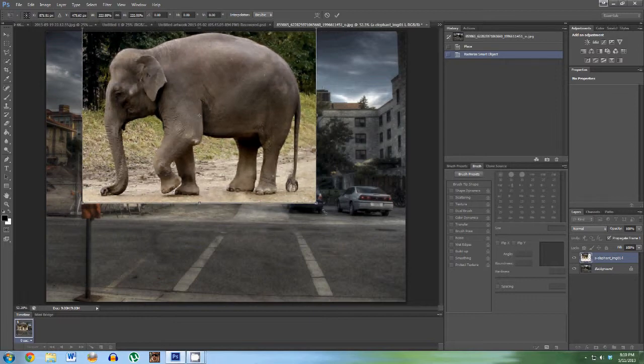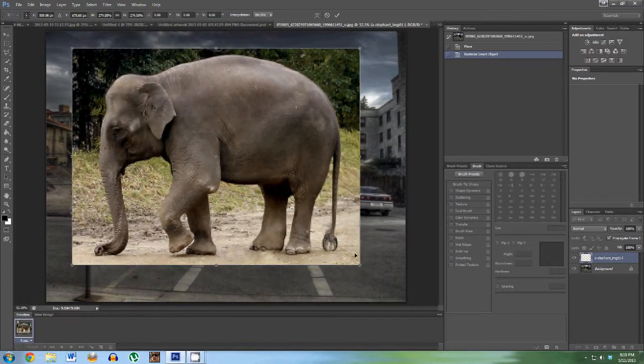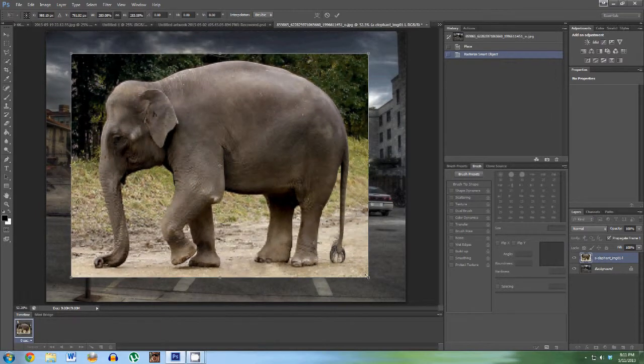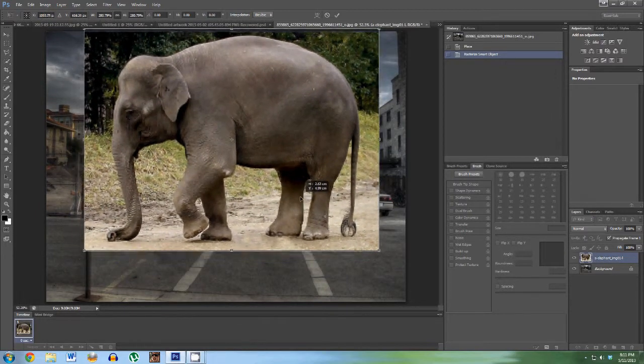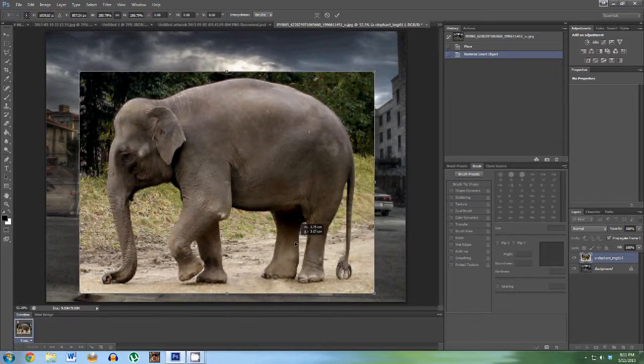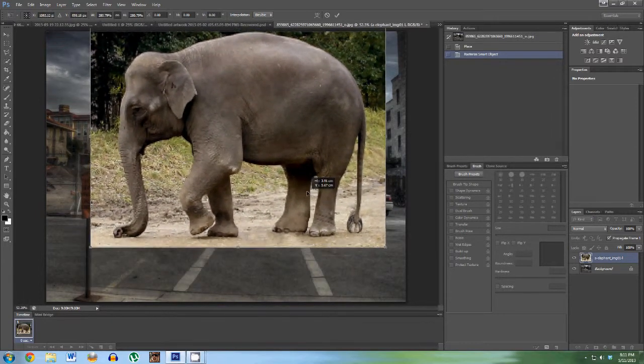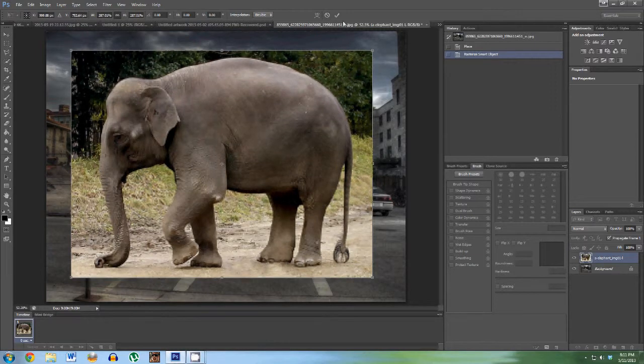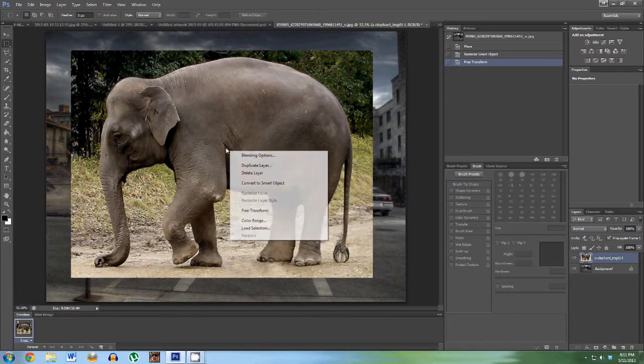And here, you just kind of want to get it to where you think is right. And there's no real right size, and perspective-wise, it can be closer or further on the street. But we'll just do it like this. So we will accept, and it'll